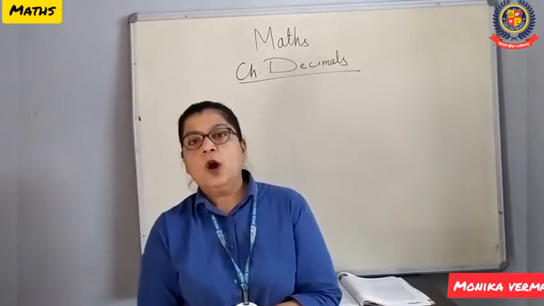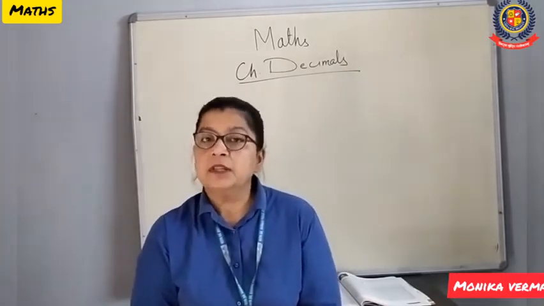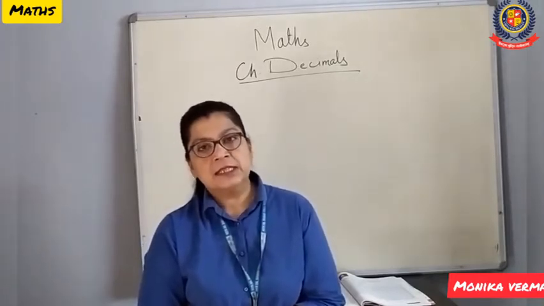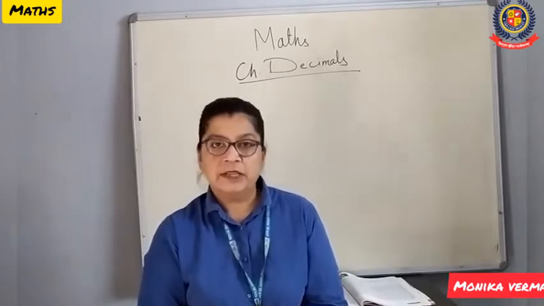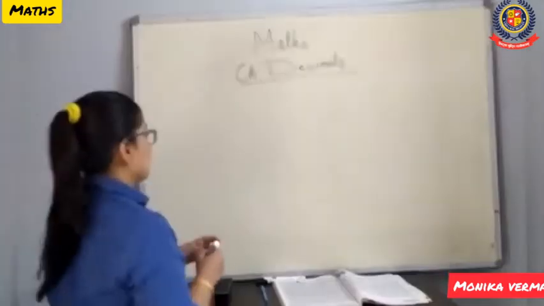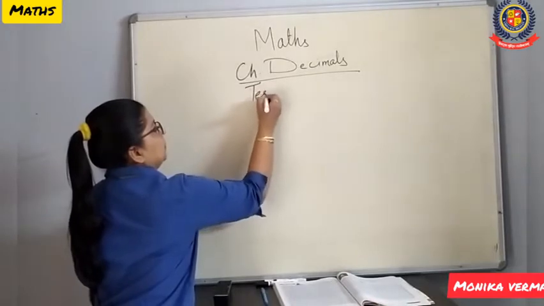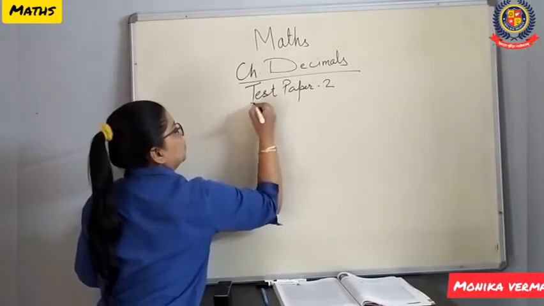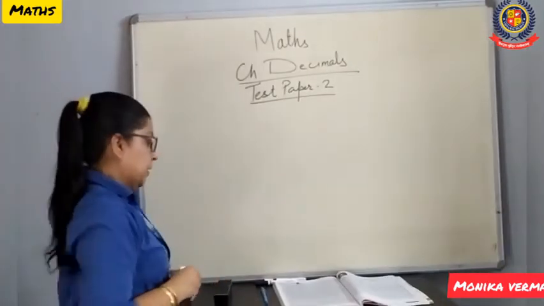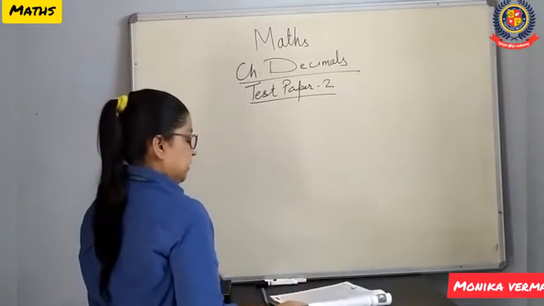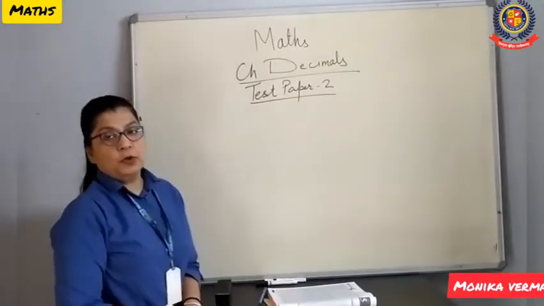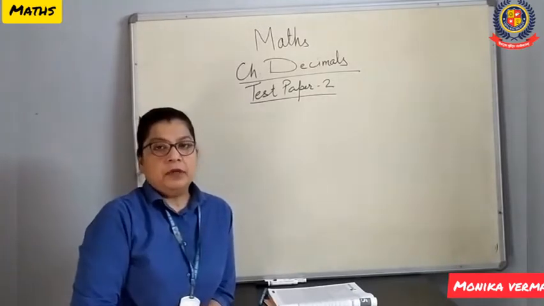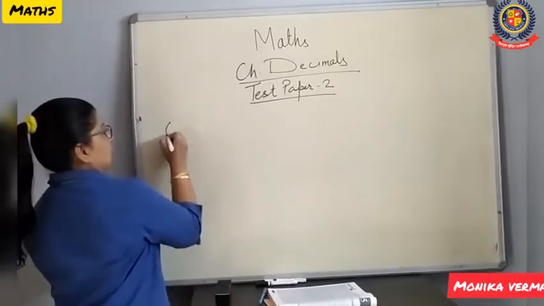Now we have done one test paper in the online class on Saturday. Test paper 1 we have done of decimals. Now we will do test paper 2 of decimals today. Test paper 2. In this, what is our first question? In class, everyone has done this paper on their own, so it's better you try on your own, then you can check with the work I am doing. First question, question number 1.